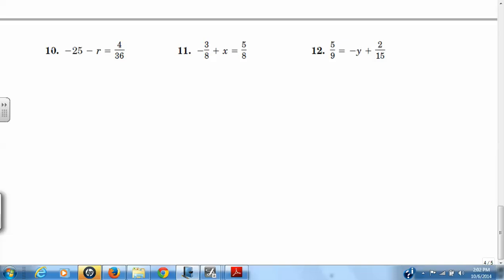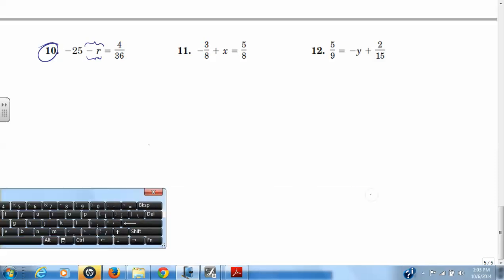Problem number 10. Negative 25 minus r equals 4 over 36. What is your variable? And be careful here. Some will say r. Well, you are right in some regards, but for this problem here, make sure that you leave that negative sign with your r, because you have negative r actually. And because I want to keep my negative r by itself, I'm going to take away negative 25. But when you subtract negative 25, right, when you subtract negative 25,